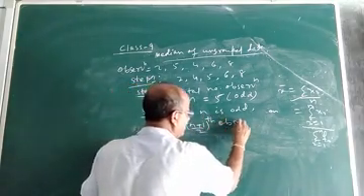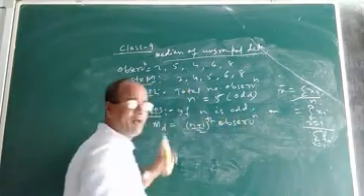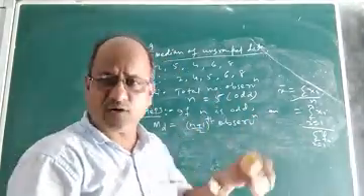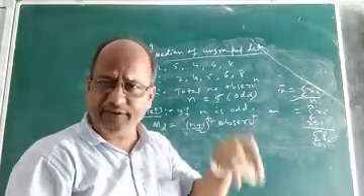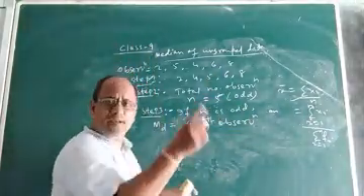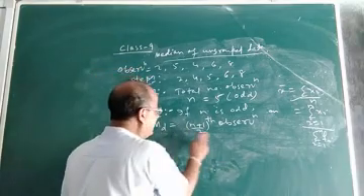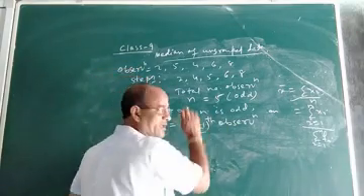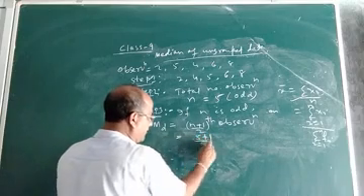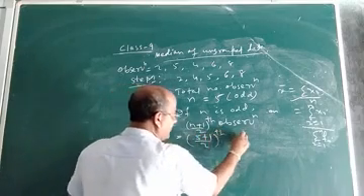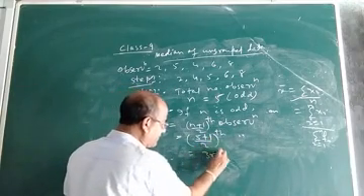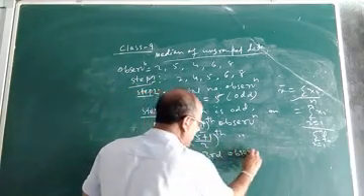That means after writing the observations in ascending or descending order, find out how many observations are there. If n is odd, n is 5 in this case. So if n is odd, then find the (n plus 1) by 2th observation. That means in place of n you put 5, plus 1 by 2 observation. 5 plus 1 means 6, 6 by 2 is the third observation.